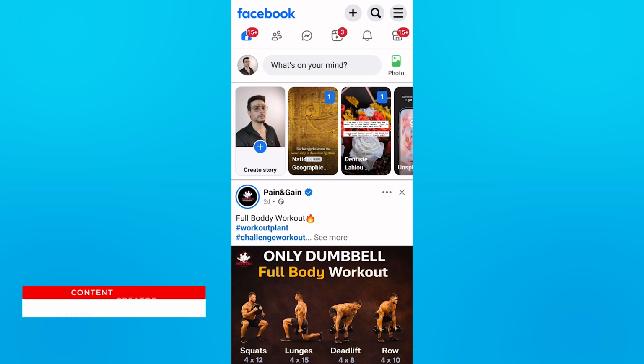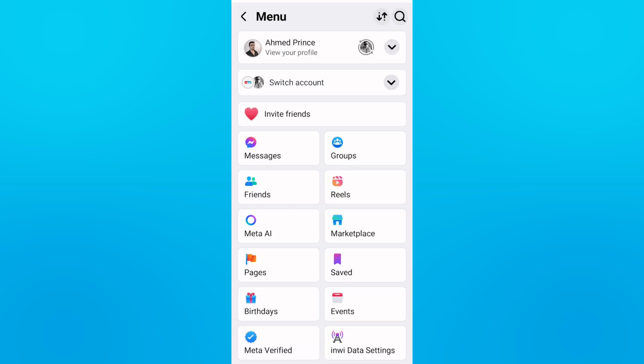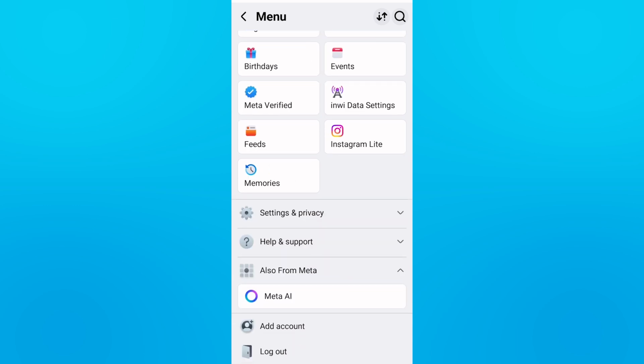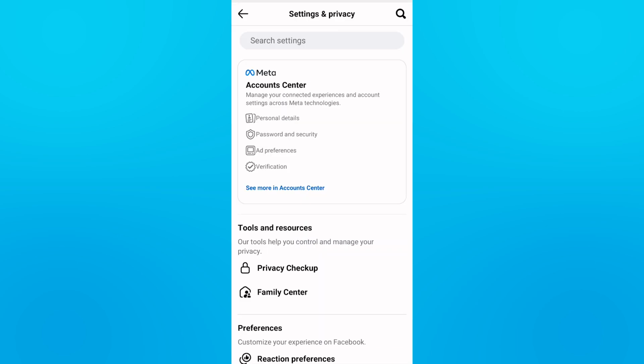My name is Ahmed and in today's tutorial I'm going to show you how to unlink your Instagram account from Facebook easily. Okay, first open your Facebook Lite app, then tap three lines, then scroll down, then tap settings and privacy, then tap settings, then tap accounts center,